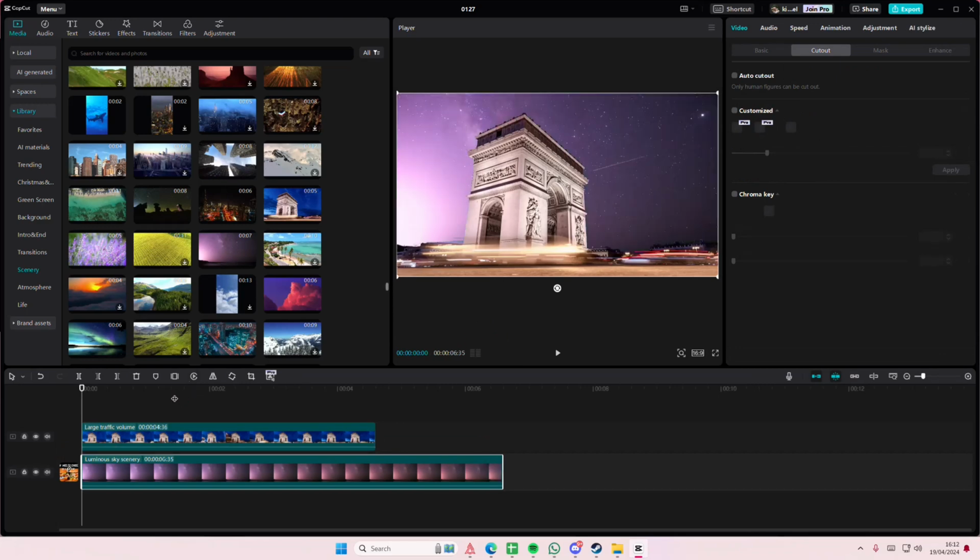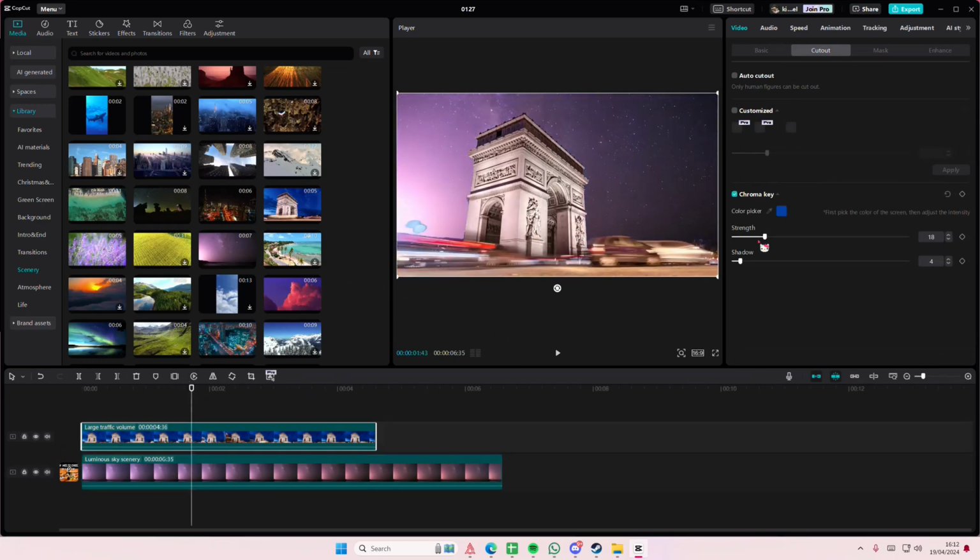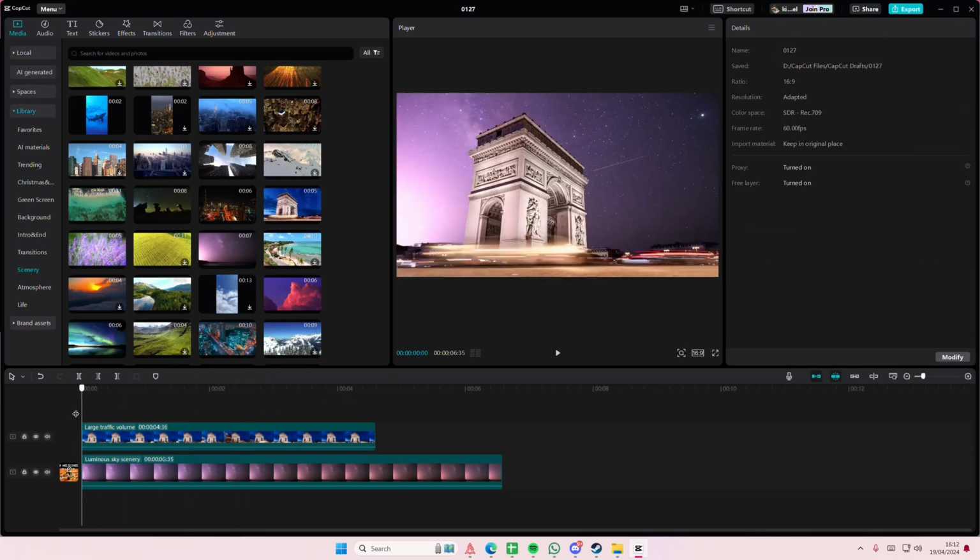And it's going to show another kind of sky. As you can see, there's still some of these. You can just adjust the strength a little bit more, but not too much. And if you want to have the same color as the background, you